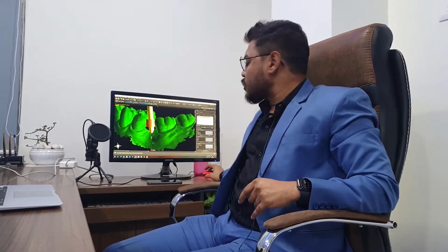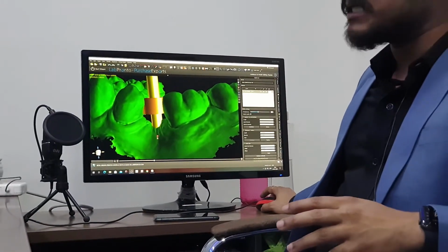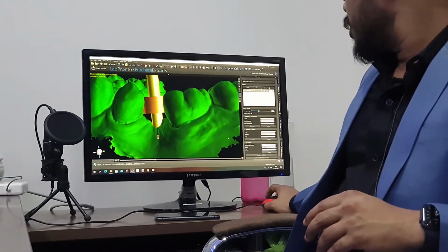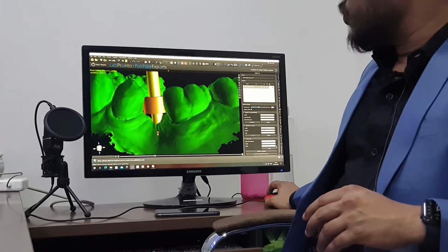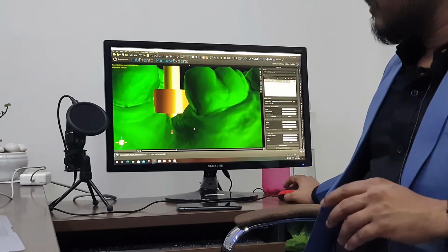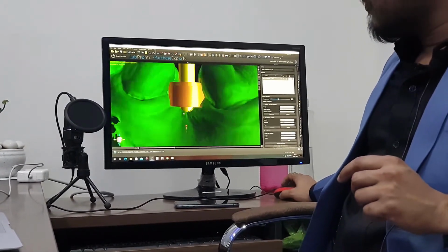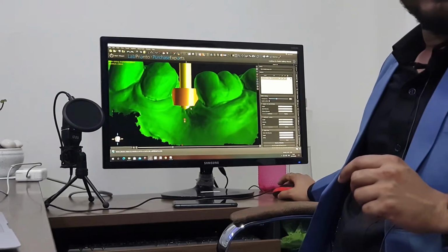When you have a short drill, your offset will go down. I mean, a smaller offset number will need to be set in the computer software. If I show you, with a smaller offset, this guide tube will hit on the soft tissue.